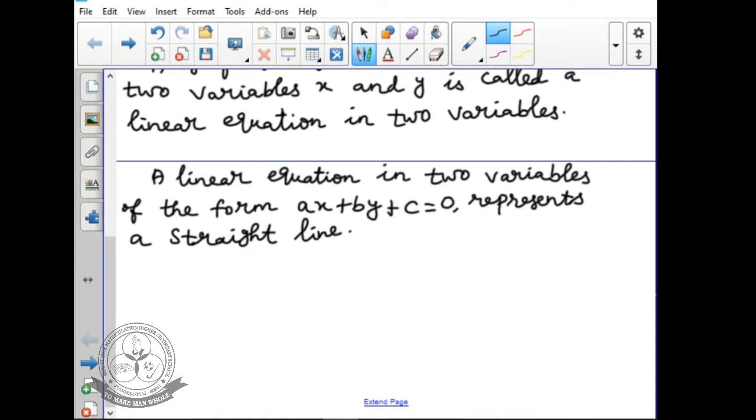Any first degree equation containing two variables x and y is called a linear equation in two variables. A linear equation in two variables in the form ax plus by plus c equal to 0 represents a straight line. For example,